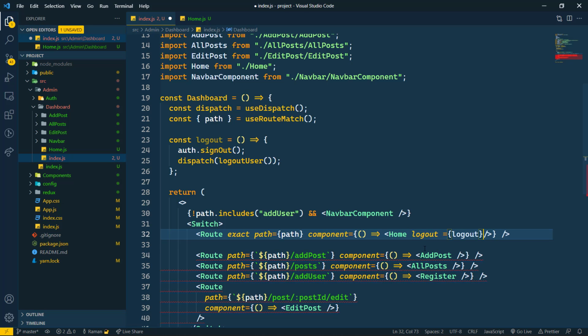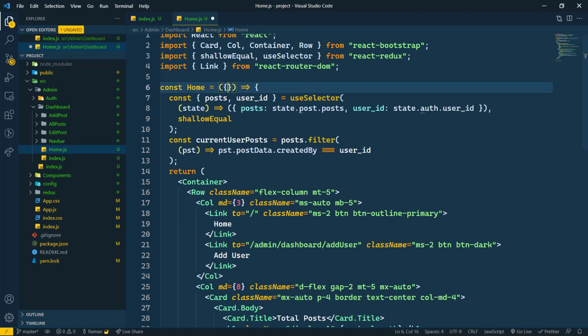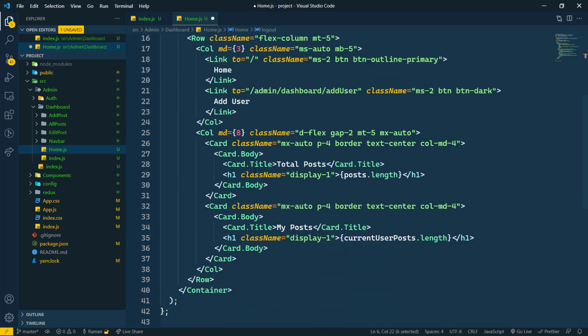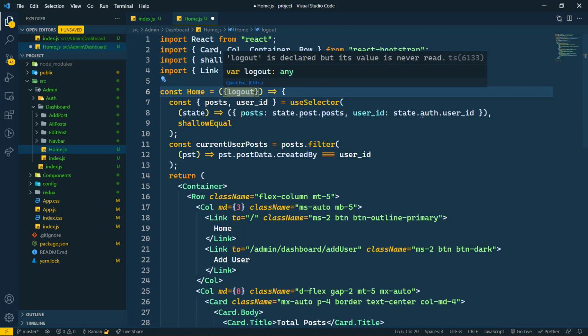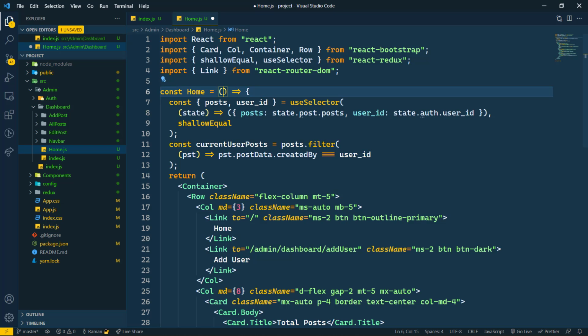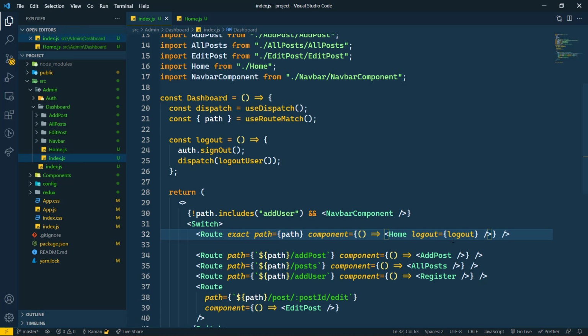This logout is there, and save this, and now let's go to the home page, and here we need logout also. Logout, copy this, and here we are going to add this logout. Sorry, actually we don't need logout in the home page. Sorry for that. I'm going to cut this. We actually need it in the navbar component.